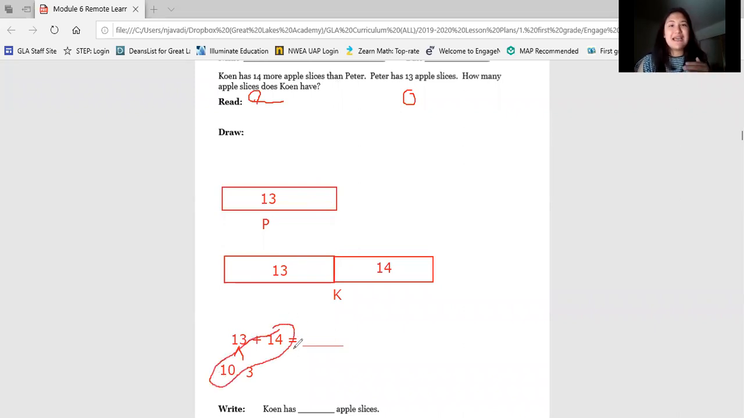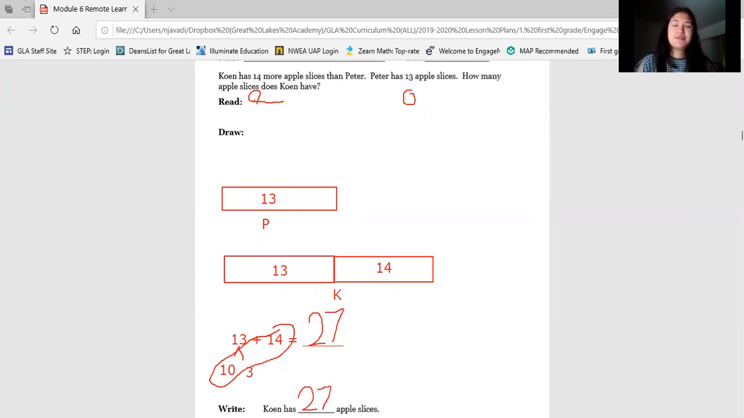14 plus 10 more is 24. I know because 1 ten is 10, and adding another 10 to that would be 2 tens, which is 20, 24. Now 24 plus 3 more is 24, 25, 26, 27. My total is 27. That means Cohen has